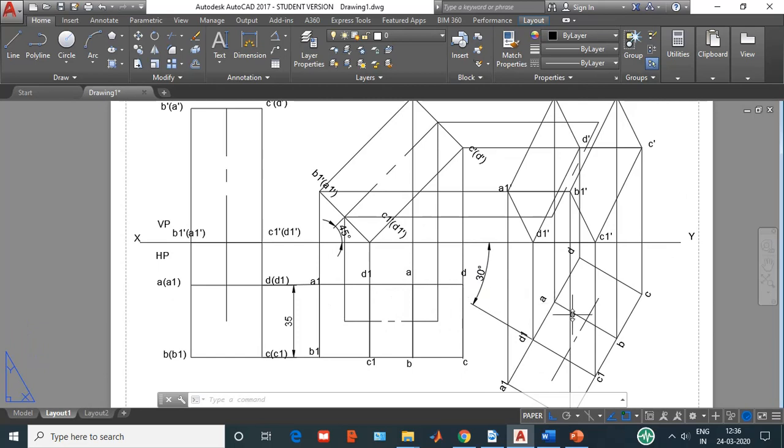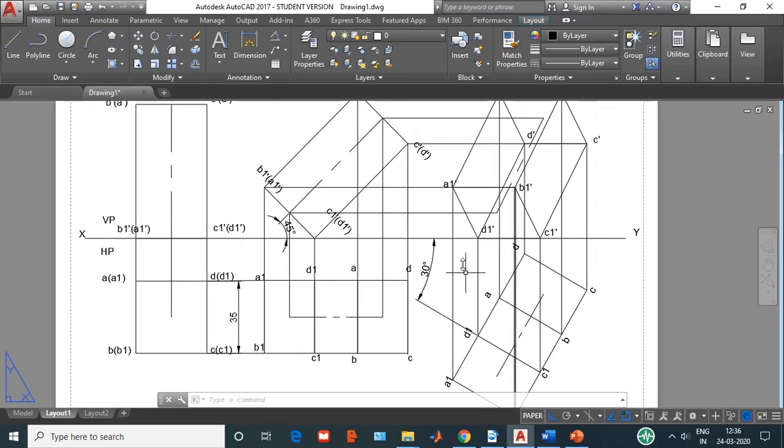Now before you go to third position, as I told you, you need to check for apparent inclination beta. What are the conditions for apparent inclination beta is that first you need to check what is inclined to VP and whether that length has changed or not. So in this problem, the base edge C1 dash D1 dash is inclined to VP. So the original length of C1 dash D1 dash is 35.